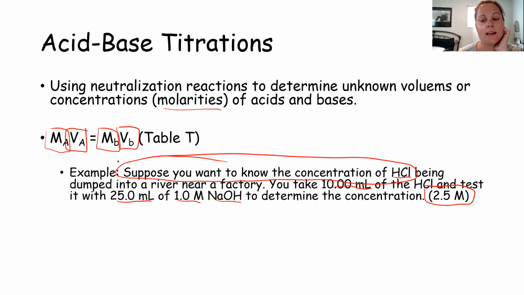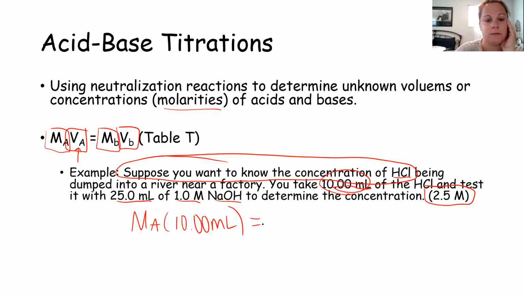I need to know that HCl is my acid. That is going to be my missing variable. I don't know the concentration of HCl or acid. Do I know the volume of acid used? Yes, I do. 10 milliliters. I can set that equal to my base values. The molarity of my base, and I have to know that NaOH is a base based on my properties, is 1.0. My volume of base is 25